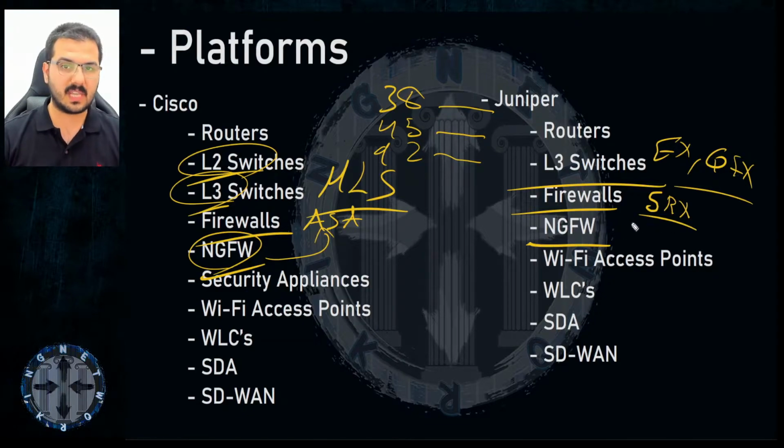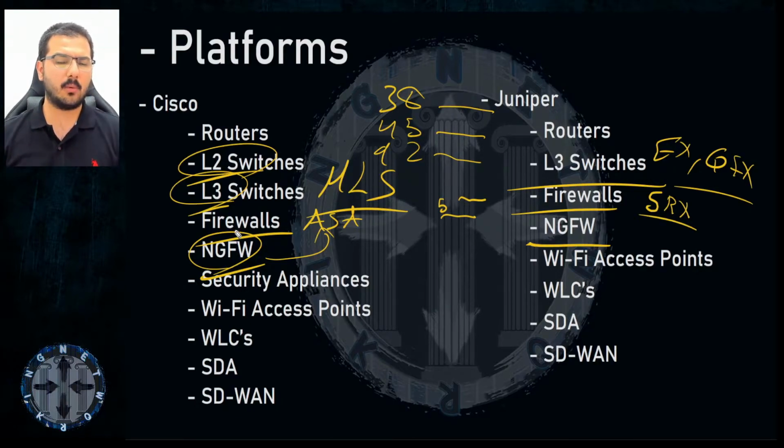With Juniper, it's the same SRX, but instead of a 3-digit model number, a 4-digit model number kind of indicates it's the next generation. Like any firewall from Juniper that has a 5,000 something, which is either 5,400, 600, 800, only these three are considered as a next generation firewall. Others are just firewalls. With Cisco, it depends a little bit. We can just Google next generation firewalls and we will see the models.